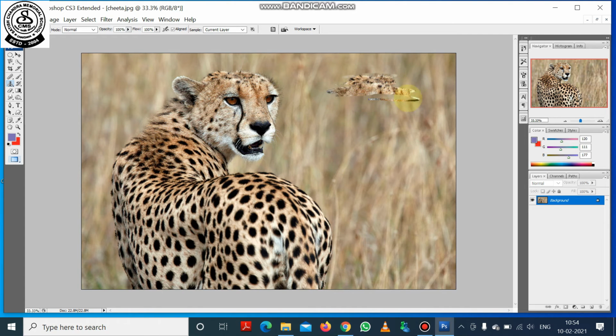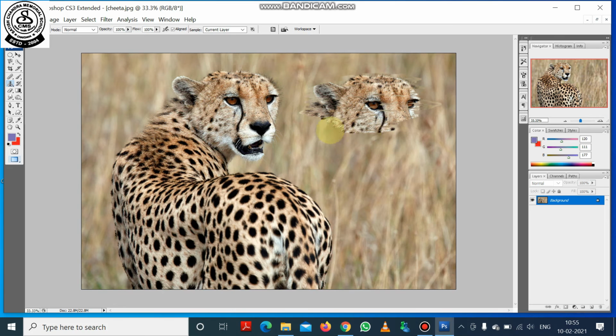I'm just dragging and moving the mouse cursor in one part of the image, and you can see the face of the cheetah is copied, and this is called clone. That means I can make a duplicate copy of the original part. You can see. So this is called the clone stamp tool.